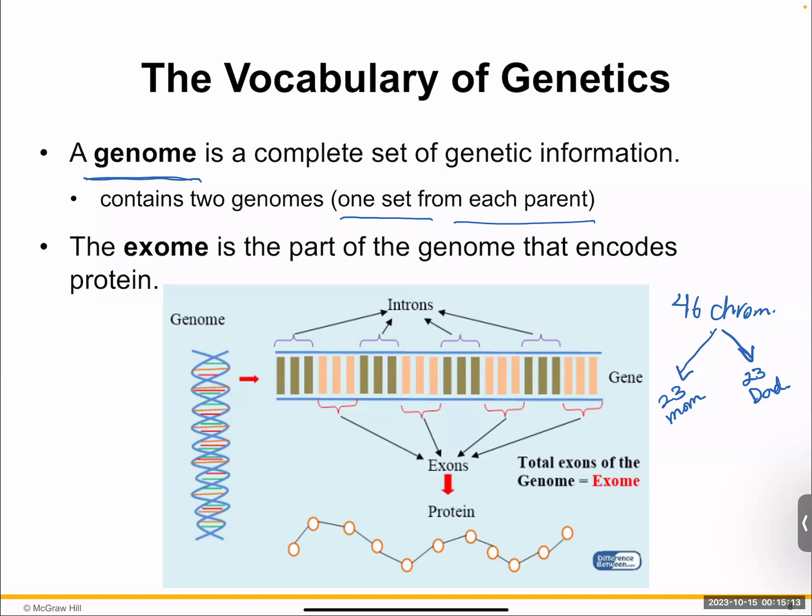Now, if we unwind this genetic information, which is right here, this is your genome. Imagine it again, received as two sets, one set from your mom, one set from your dad. If I unwind this, it is broken down into genes. Starting from here to here, this is a depiction of what a gene would look like. If you notice, this is color-coded. You have areas that are green, right here, and right here, and areas that are depicted in orange. So I'm just going to highlight them like this.